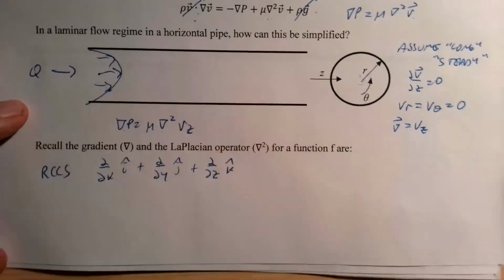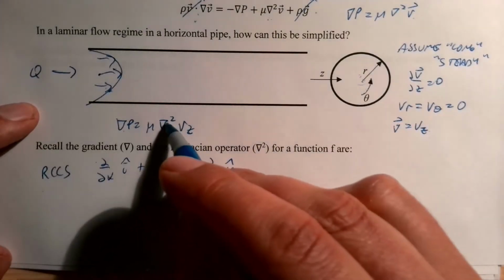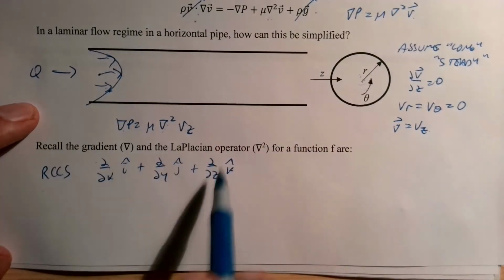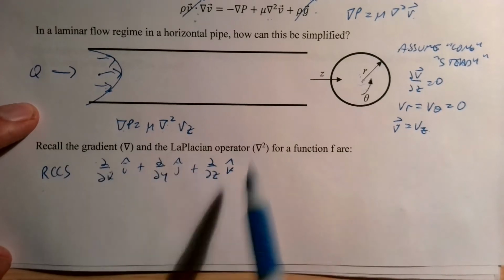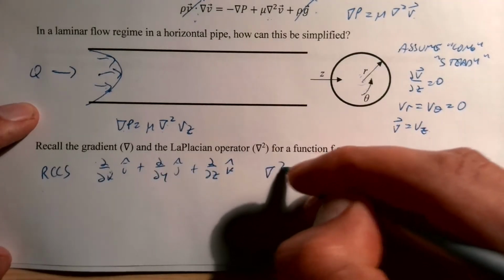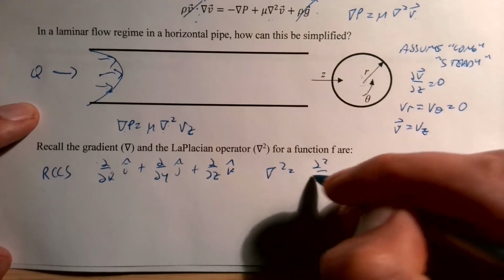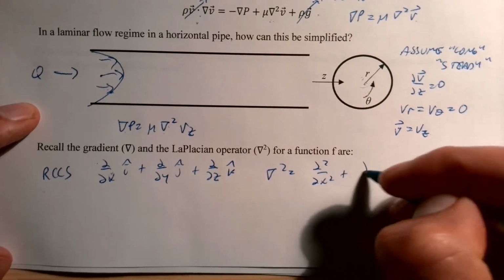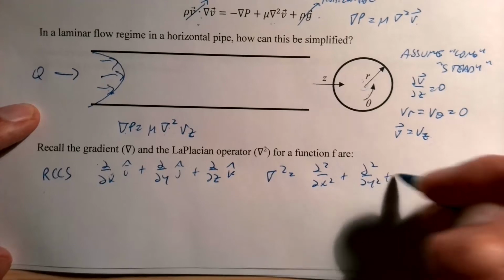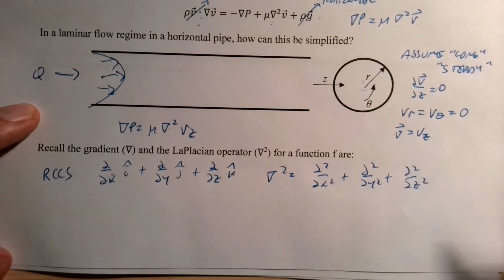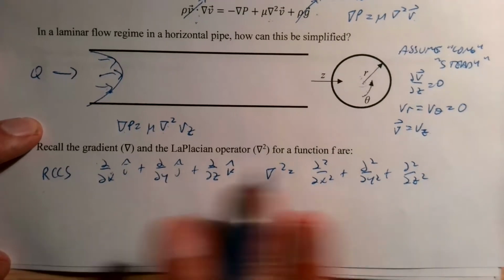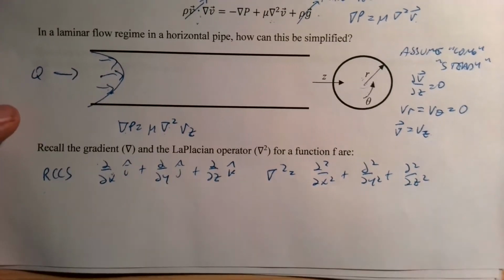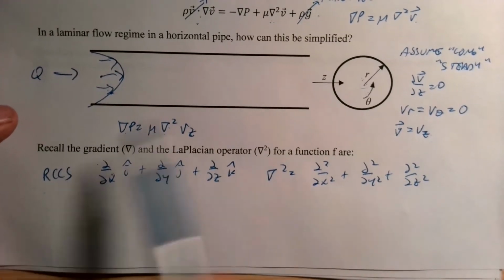Okay, that's our del. Or if we do del squared, which is really the dot product of this with itself, that means we do this one times itself, and it becomes a scalar. That gives us d squared/dx squared plus d squared/dy squared plus d squared/dz squared. So the ijk terms go away. So this is what it looks like in rectangular coordinates,